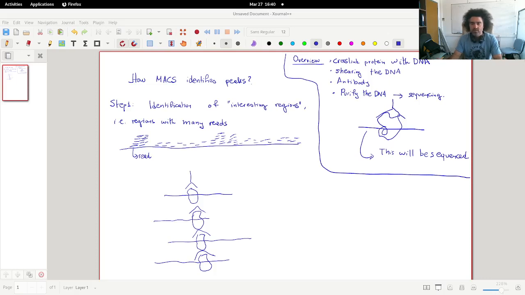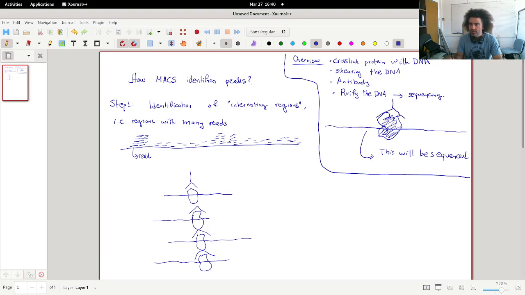Okay, so in the video today we will see how MACS is able to identify peaks. Now let's remember a little bit how ChIPSeq works. It comprises actually 4 main steps. In the first step we cross-link the protein with DNA. So if this is a protein here, we make it to be firmly attached to the DNA that it binds to. Then we break the